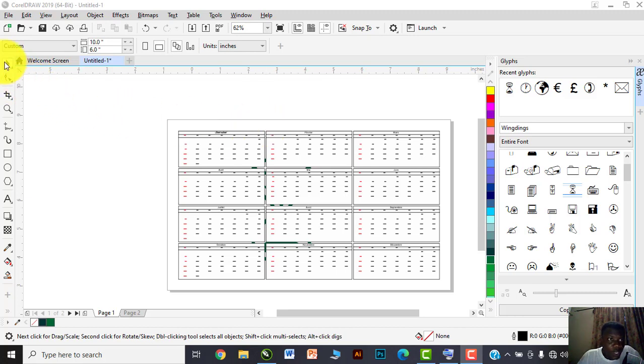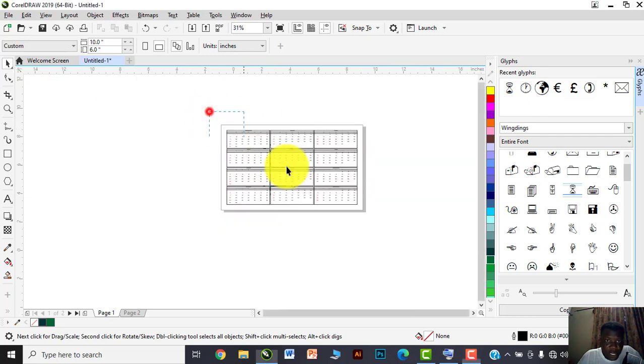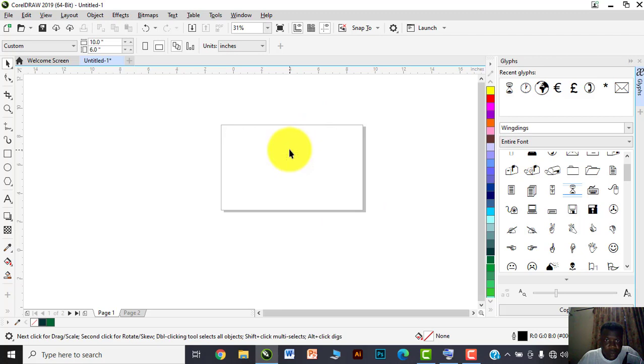So the first tool here is the move tool. All right. Now let me clear our page. Now, if you zoom closely, you see that on the bottom right, there is something like a black or a gray arrow. Does this mean that there are other options attached to this tool? Just click on it. You see